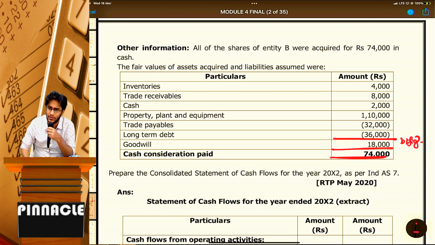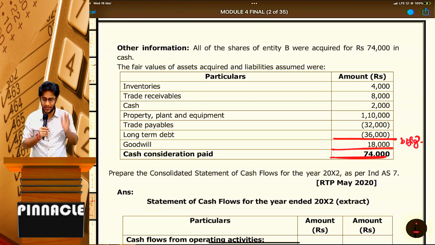74. Did you acquire some assets and liabilities? In that, some cash is there. How much is there? 2000. Out of 74 I paid, 2000 I received, effectively 72,000 outflow. Are you clear here? Right. Now, in this sum, this is one adjustment. Apart from this, only one extra adjustment is there. That extra adjustment is,